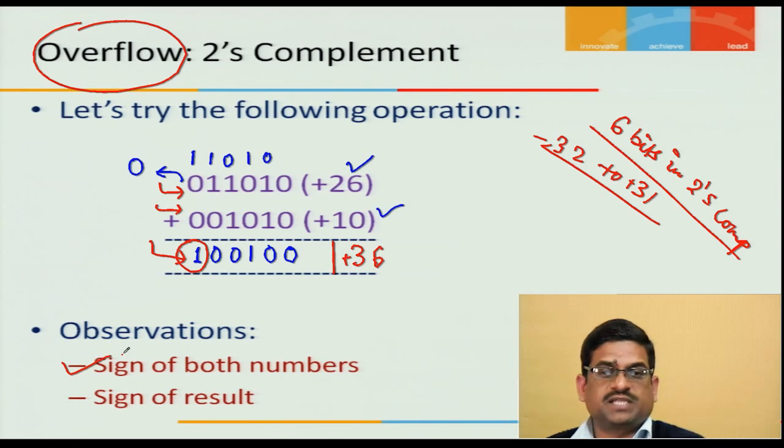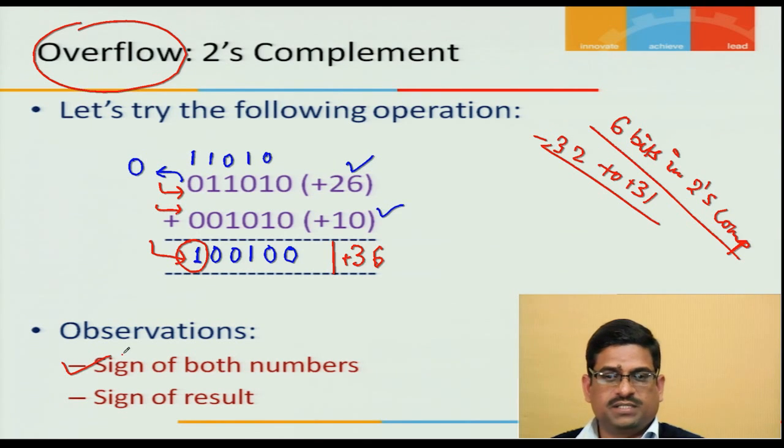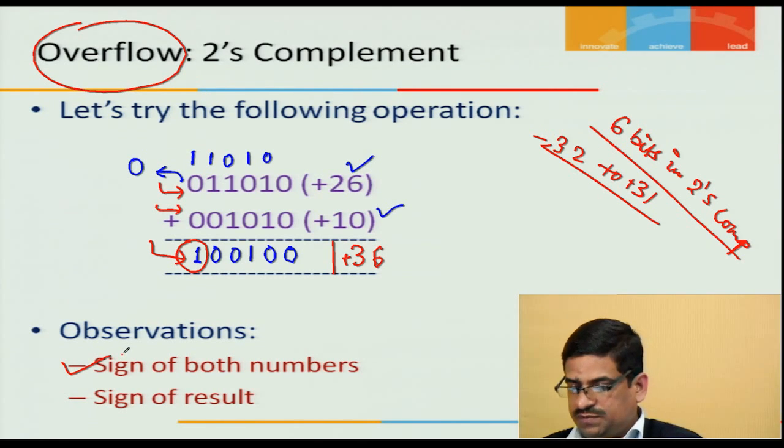So my first observation is: you look at the sign of both the numbers, positive, and the result is negative. You can check that if the sign of the result is opposite to the sign of both the numbers, then you can easily say it's an overflow. Because for positive numbers the result also should be positive, the result cannot be negative. So outright it can be rejected. The second observation is